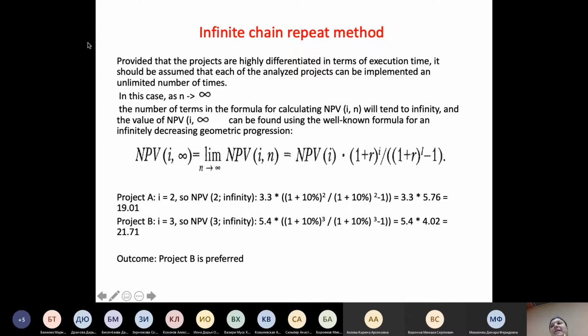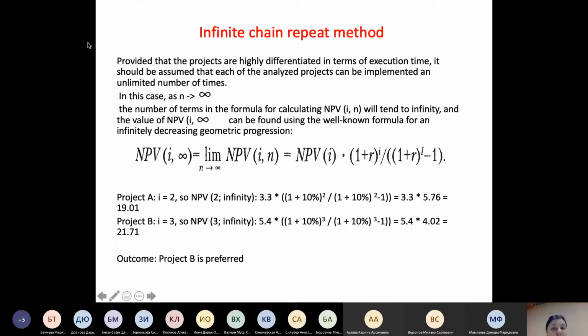We are placing our projects in conditions of infinity, and our project will generate cash flows in the case that our smallest common amount of repetition leads